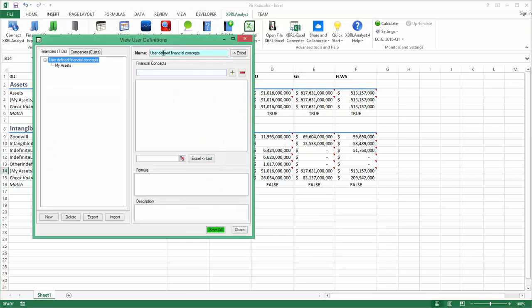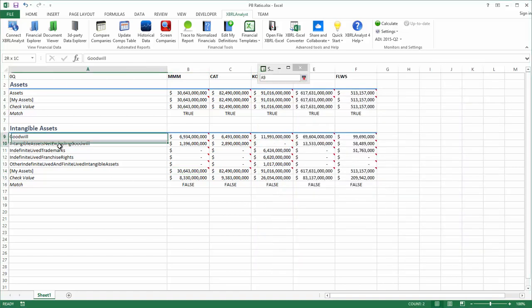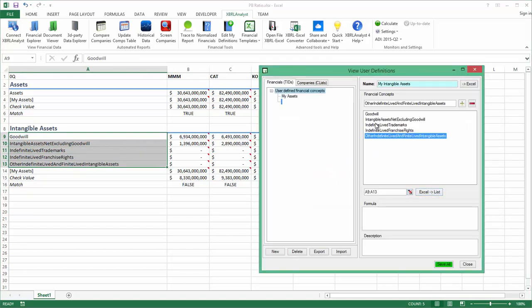And it's actually extremely simple in XBRLAnalyst to make a definition that sums a number of different concepts. And so we'll make a new definition called my intangible assets. And here we can just take our list from Excel that we've made already and import it into this list. And then in order to make it a sum, we need to add a plus sign at the end here of our tag, and that tells XBRLAnalyst to treat it as a summation rather than as a list of tags to look for. And so we can save this,